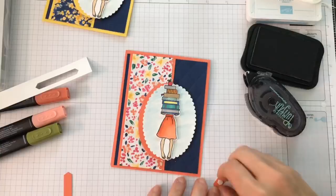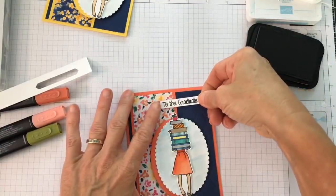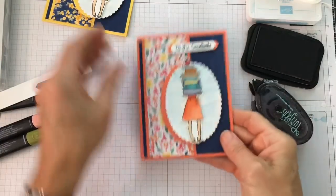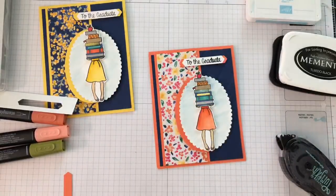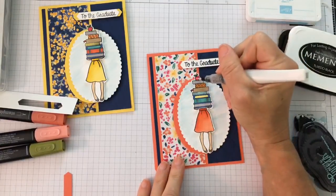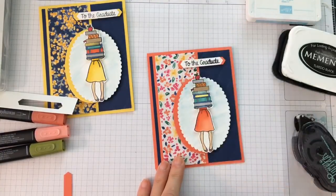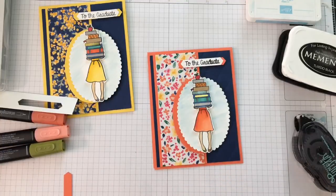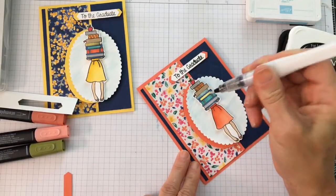All right. Okay. And we are going to place this right on top, like that. And one last thing. I decided the little girl needed a little shimmer. So I got the Wink of Stella, and this one. Is this my good one? Or is this one out? Hold on. I have 3 of them here. Okay. And I just went over them with a little Wink of Stella